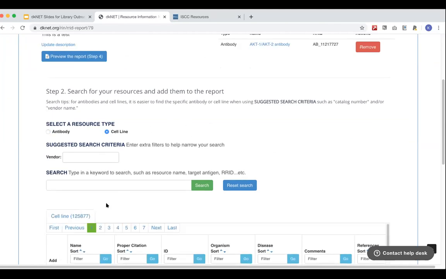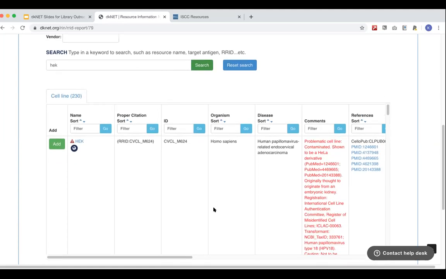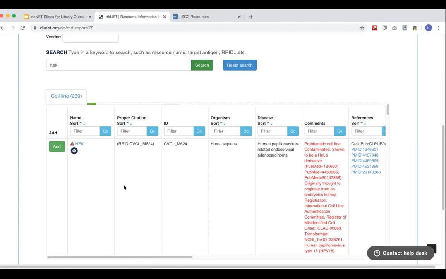Users can also add a cell line, for example, if they are going to search for an HEK cell line. Okay. Here comes a list of cell lines. And then you will see, as Jeff mentioned in the presentation, if this cell line has an issue, for example, the HEK cell line is a problematic cell line. It has been shown in the cell source that it's contaminated. So our system will alert researchers before they even plan to add it to their proposal or plan in their experiment.